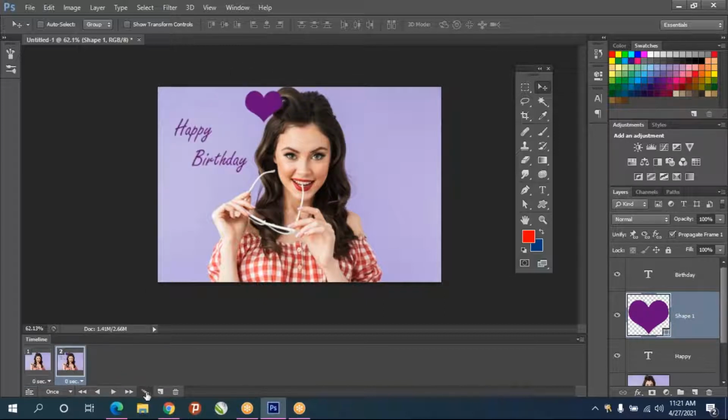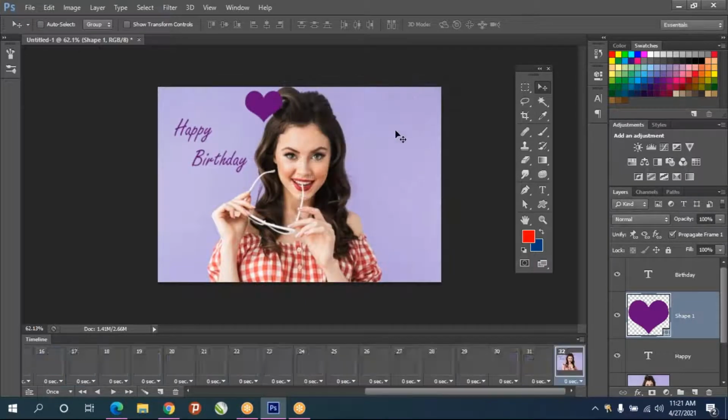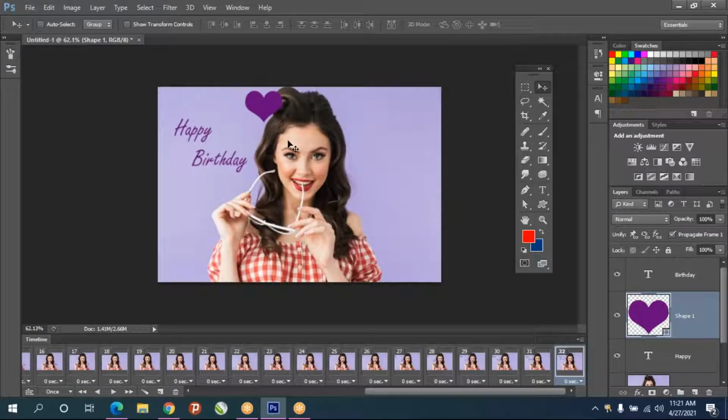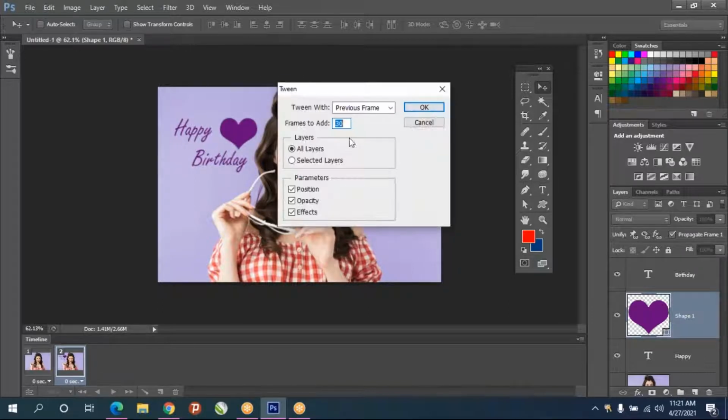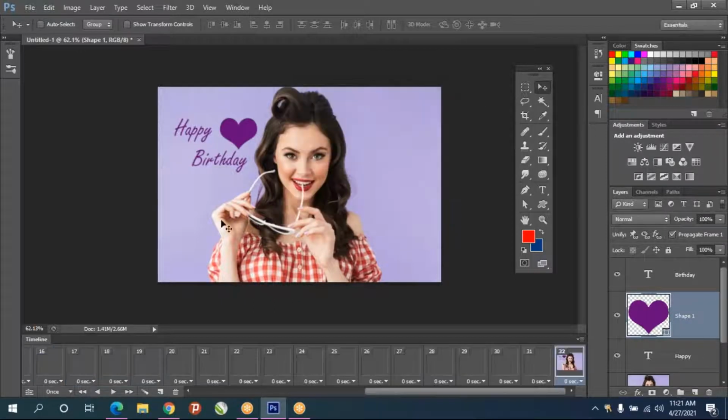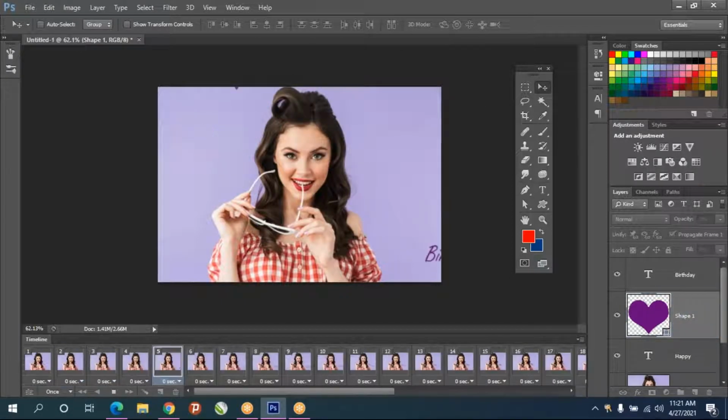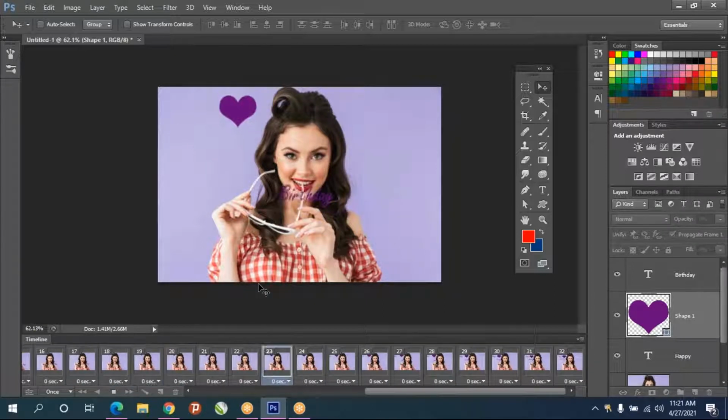Then select this, make it more. Increase the frame values. And now you play. So like this, you can do small animations.